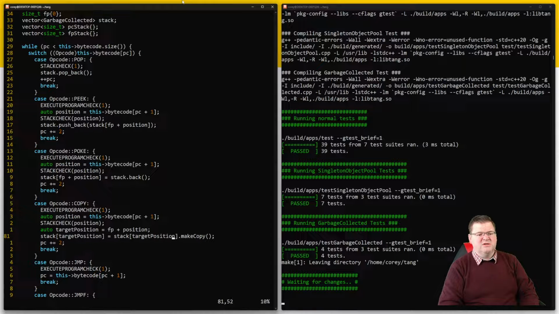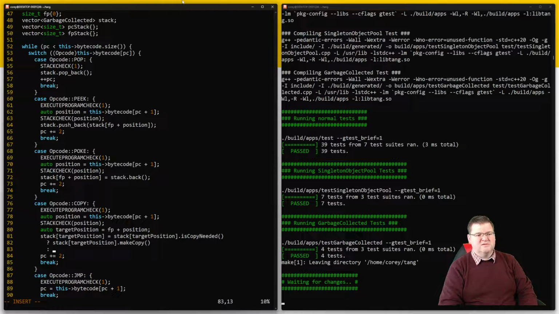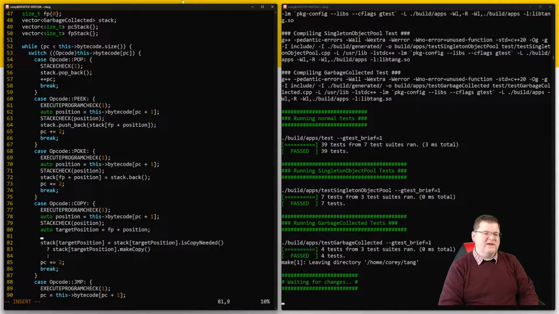So what we need to say is stack target position dot is copy needed, and if so, make a copy, and if not,